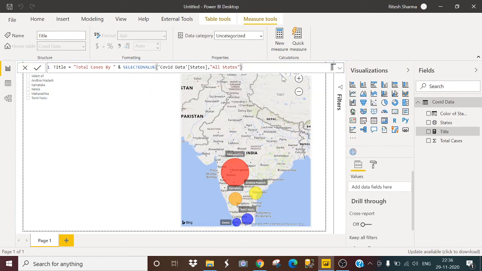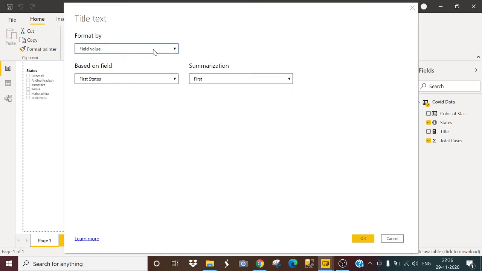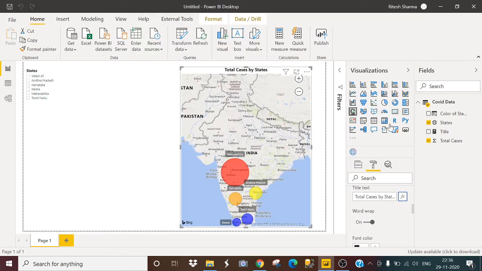Now I will select the title option from the format tab. Go to conditional formatting, the field value is already selected, just select this Title and click OK. So it is showing me All States.